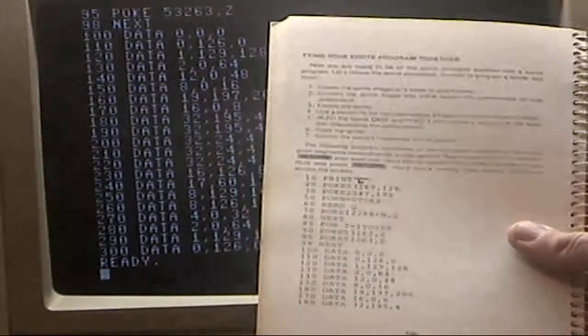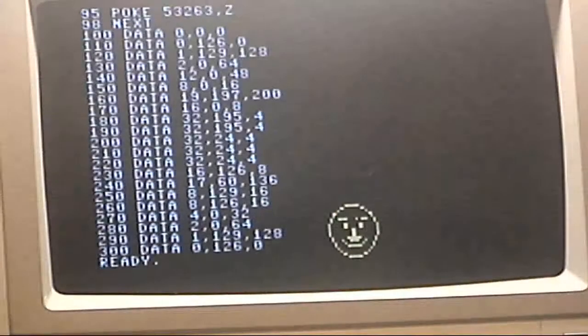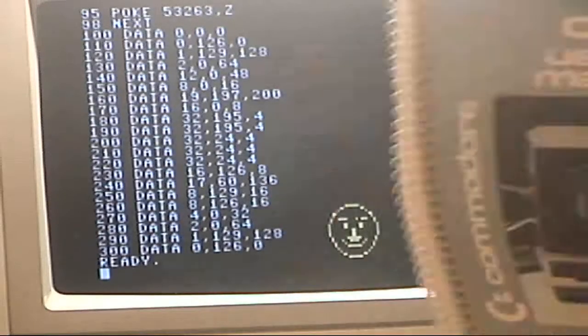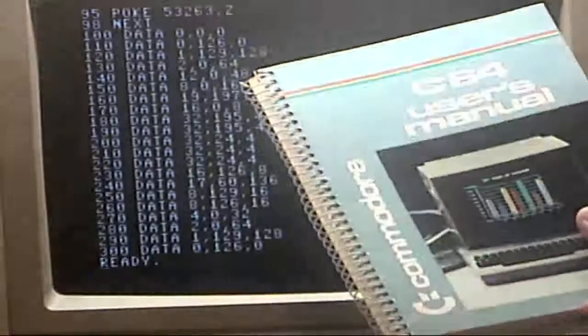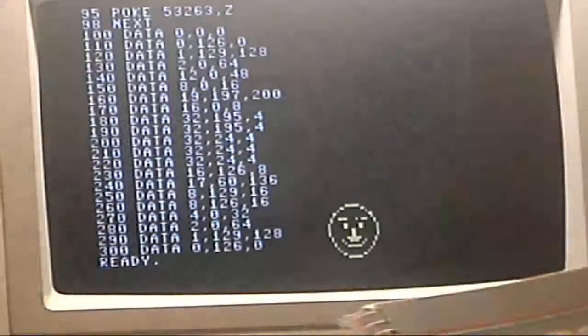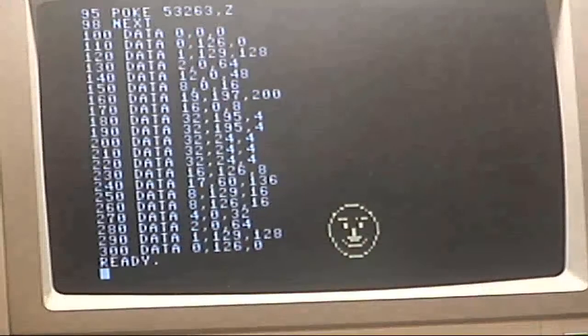So interesting stuff for me anyway. If you don't have one of these, you probably don't need it. You can look at this stuff online, but I like having the actual manual to where I can refer to it easily. So I'm going to save this once again,